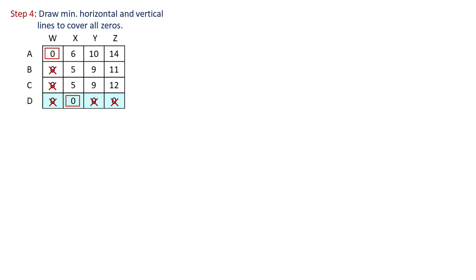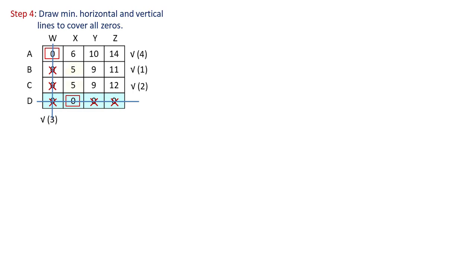First, we mark the rows which do not have an assignment. Here, row second does not have an assignment, so we mark it, and row third does not have an assignment, so we mark it. Now, we check the columns which have a crossed zero in the corresponding marked rows. Here, column first has a crossed zero, so we mark it. Now, we check the assignments in the corresponding marked column. Here, row first has an assignment in the corresponding marked column, so we mark it. Now we have to draw lines through the unmarked rows and marked columns.